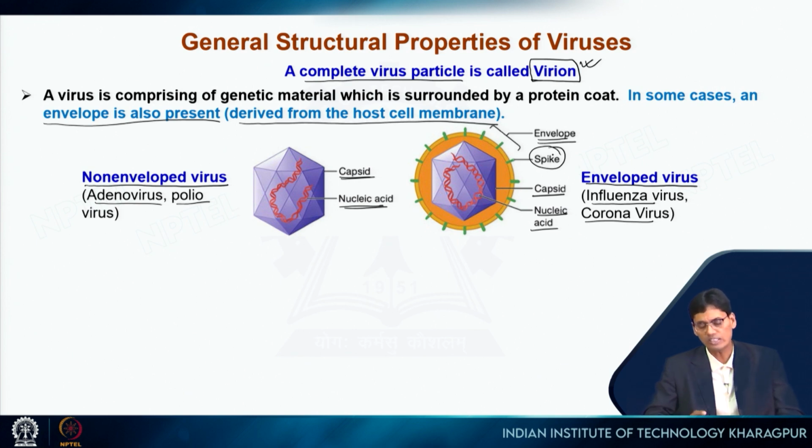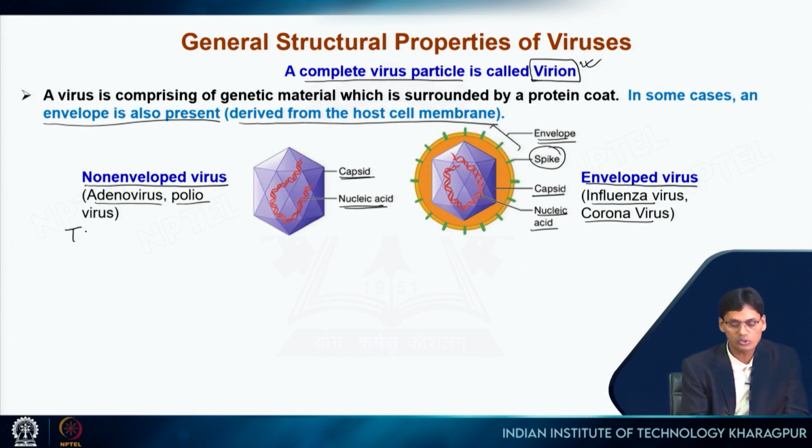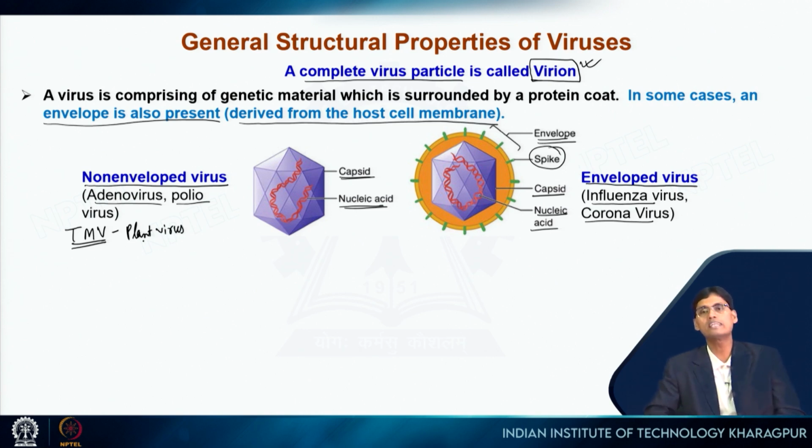Now, in the simplest structure I mentioned, this protein coat can be made up of just one protein, or it could be many proteins also. That's why the variation is coming. For example, TMV, tobacco mosaic virus. This is a plant virus. In this virus, if you see at the center, it has one nucleic acid,